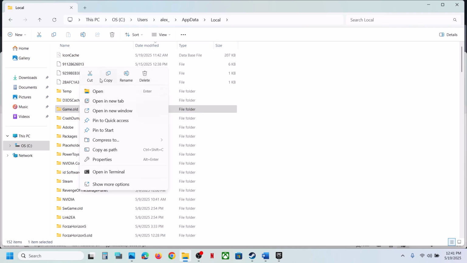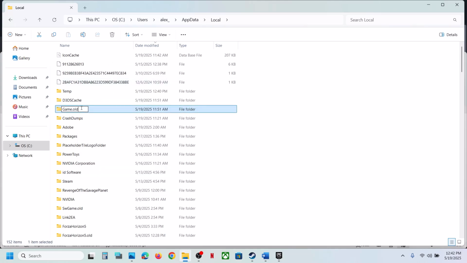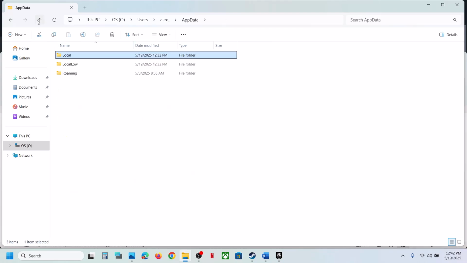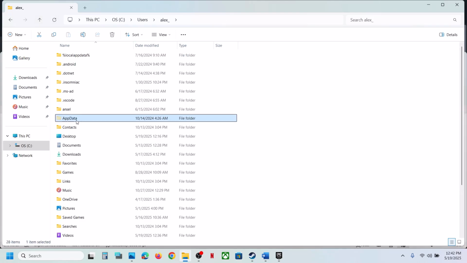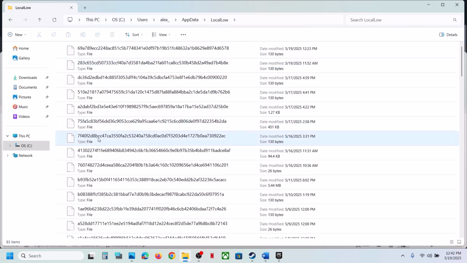You can just create a backup. So copy this folder and then you can paste it to the desktop. Just create a backup. Once you create a backup, now you can rename this folder. In my case, I've already renamed this to .old. You can rename this and then go back again, open app data and then open local low, scroll down,